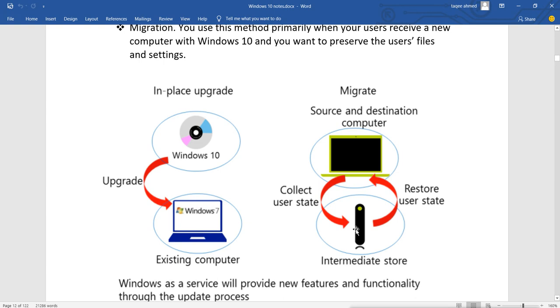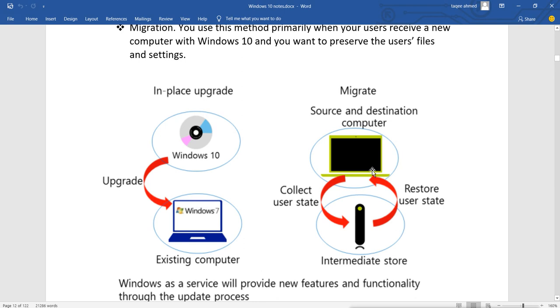It is like taking a backup of all your user settings, profiles and application settings into a separate storage, and then you will reinstall the operating system of this machine as a normal, fresh installation, and then you will install the applications and services, and then you will restore the settings from the backup to this machine.